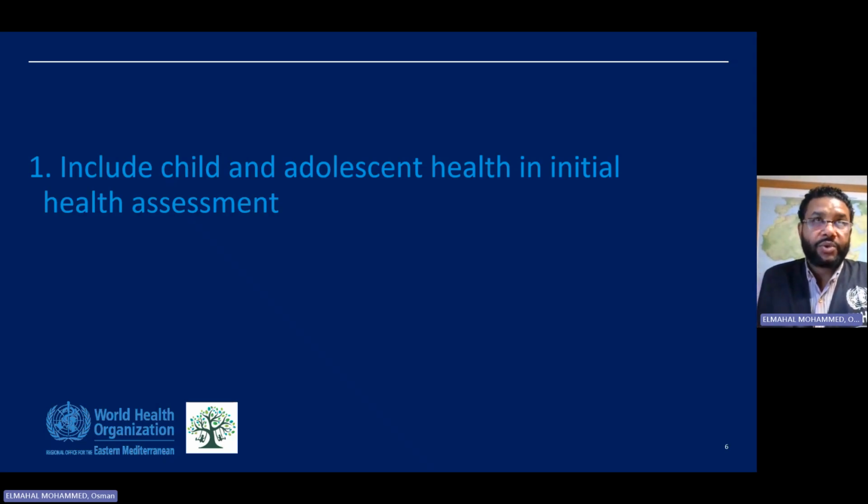If we start with the first one, which is inclusion of the child and adolescent in the initial assessment, how can we do that systematically? This is an output of a long discussion between the experts and review of a lot of documents used at both sides, the humanitarian part and the child and adolescent part. What are the assessment methodologies and tools, and how do we pick up information regarding the gaps and needs in emergency and also in child health, and try to synchronize them both and come up with something that helps the frontline people to talk to each other in a very